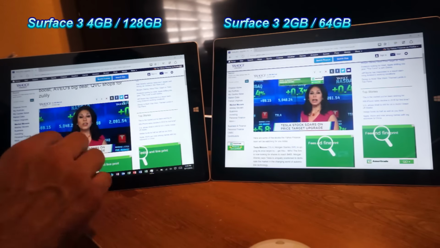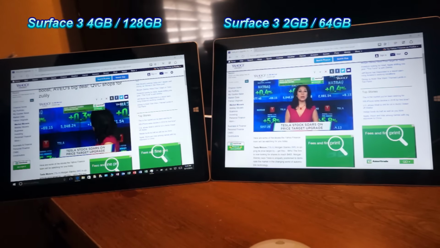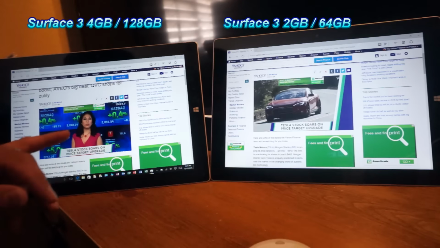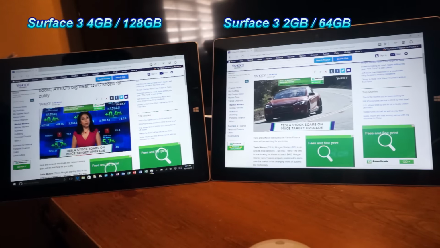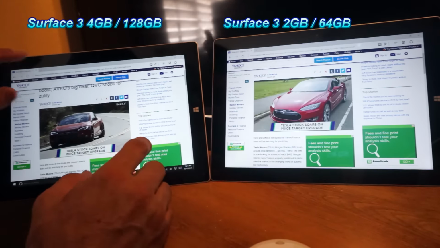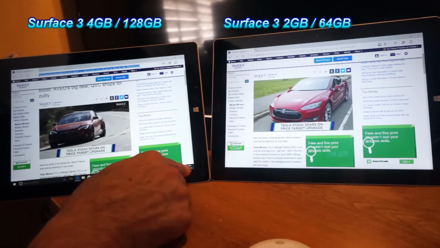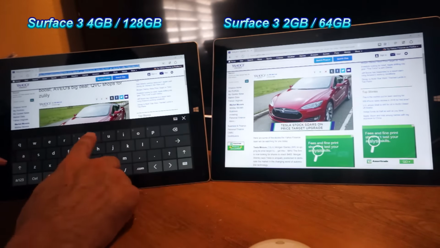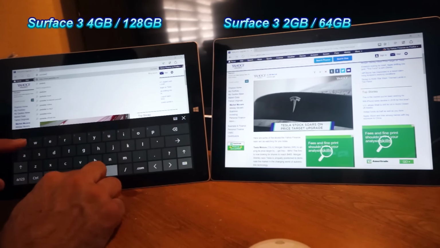They both have like a small stutter. If you can see that, it's not just the Surface 2. They do. But now that's a good point. Let's go ahead and maybe we'll open up a YouTube HD